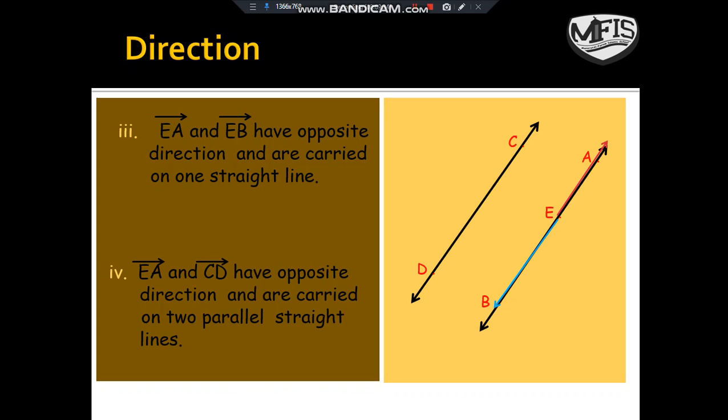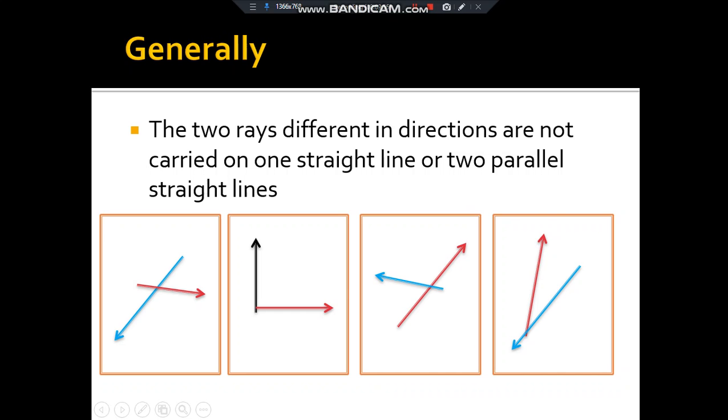And we have EA and CD. So I started from E and moved to A, so EA ray, and from C I moved to D, ray CD. So we have here opposite directions also and are carried on two parallel straight lines. Generally, the two rays